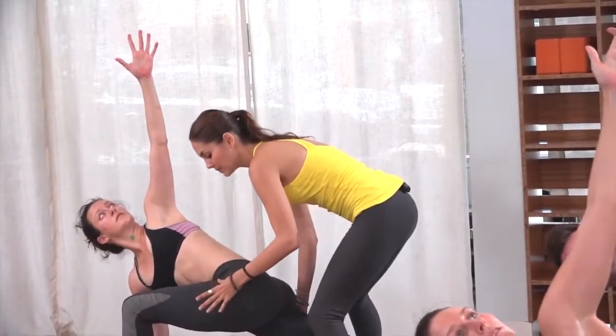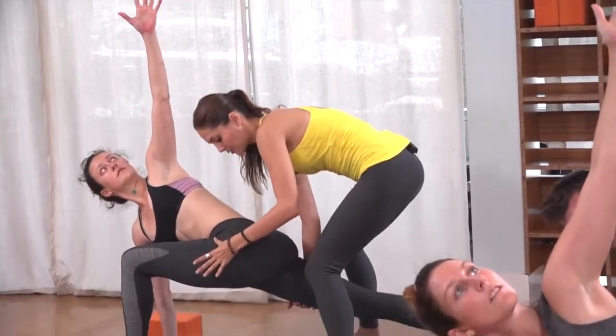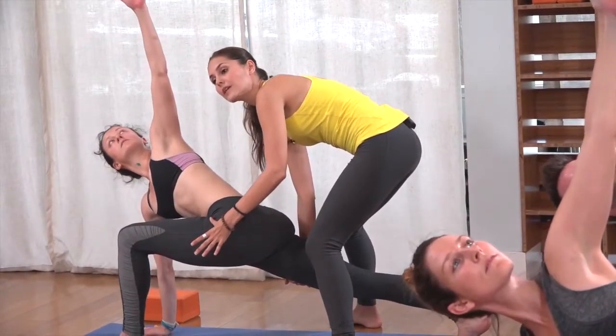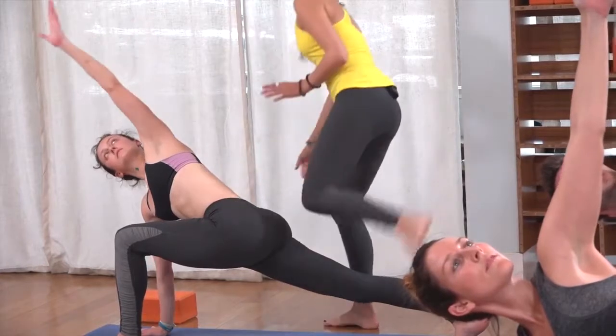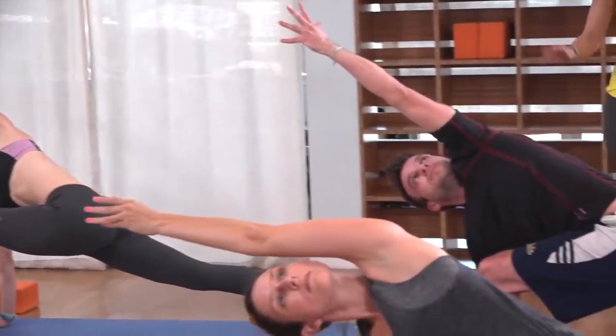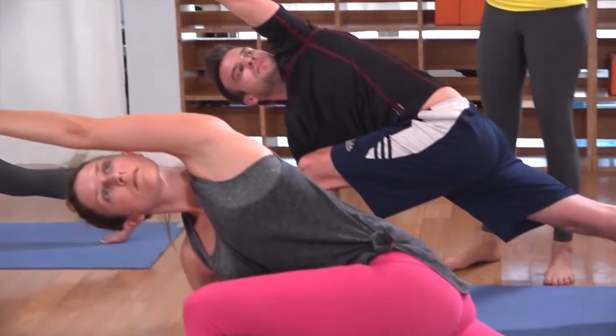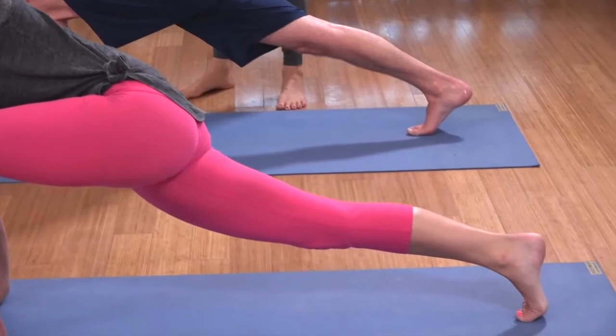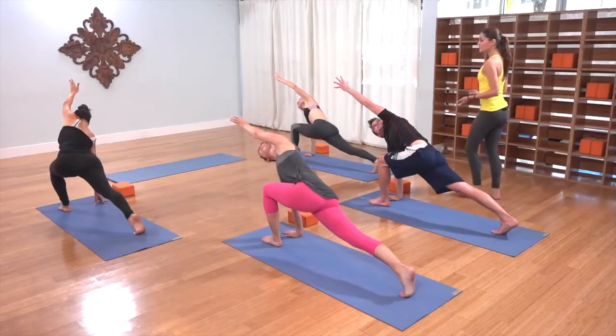So sit down deep into the front left thigh, but continue to lift the right thigh away from the mat. Big inhale as you open up, left arm out and overhead to extend. Fingertips reach over that left ear, and maybe if it's okay on the neck, you gaze up under the arm toward the ceiling above, but you could look straight ahead or even straight down if that was better for where